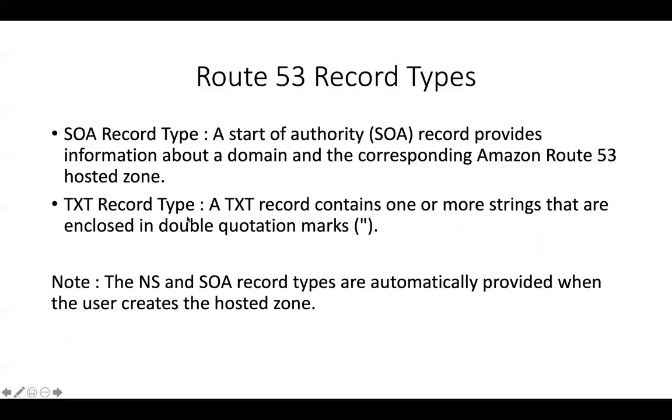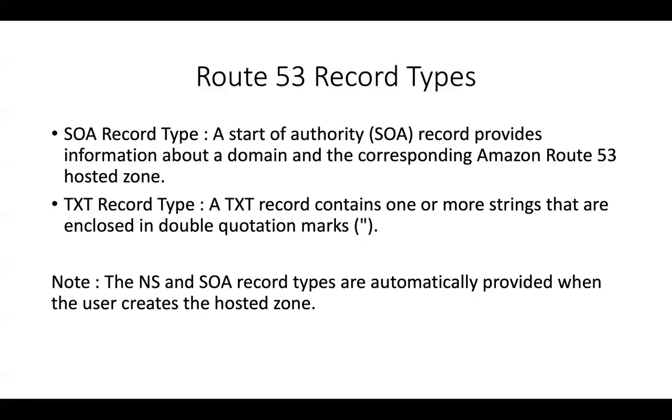So suppose you are creating your own email domain for your organization, then you would get a record type called MX, which is called a mail exchange record type, which I have not listed over here. And even the mail exchange record type is also one of the record types that Route 53 supports, right? So knowing all of these concepts, let me just walk you through the practicality of it.